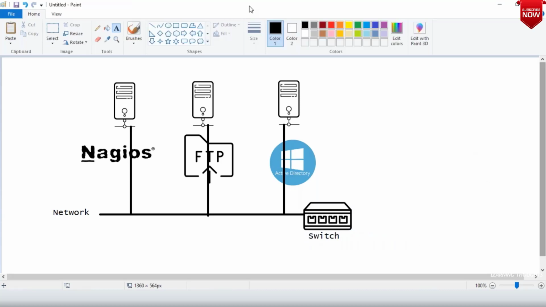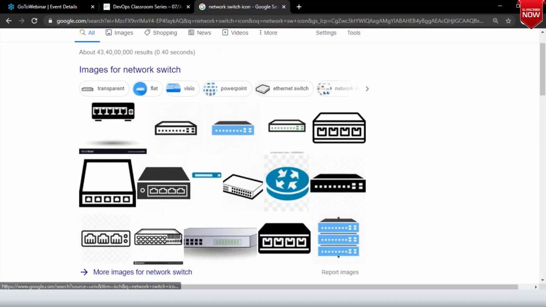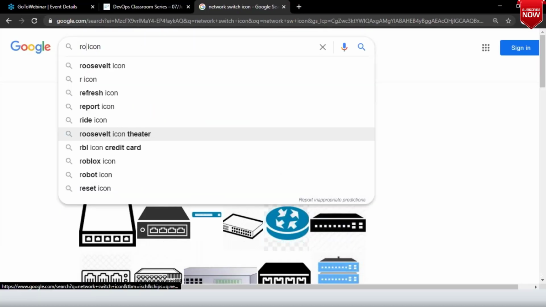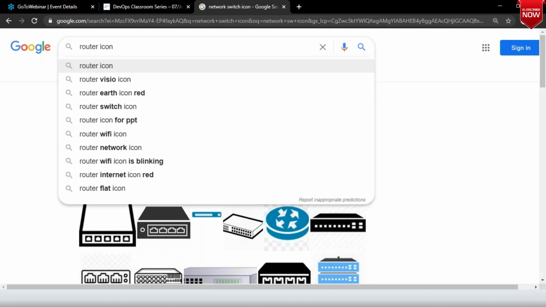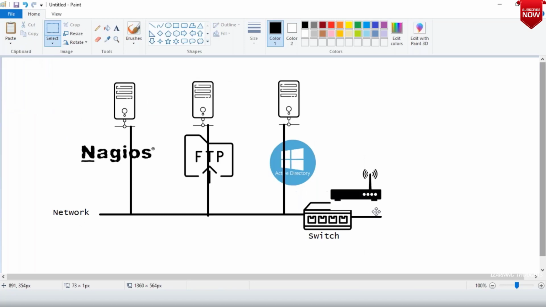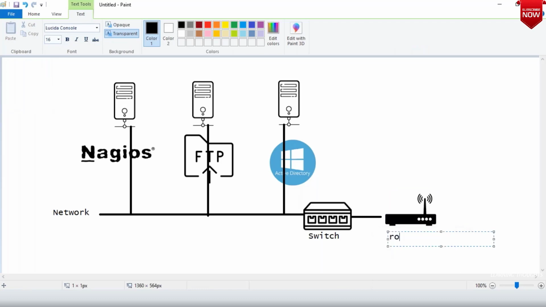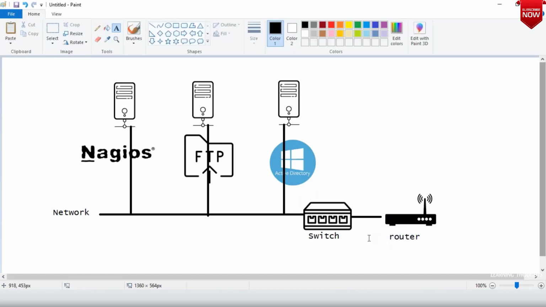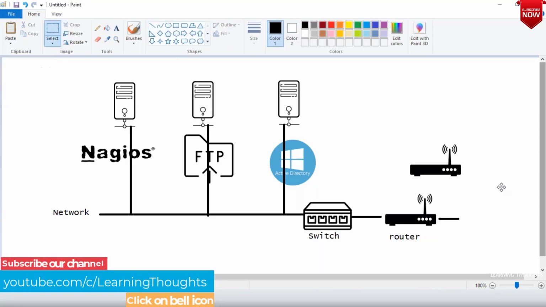And now this switch is connected to a router. Some router, right? And this router is connected to one more router.